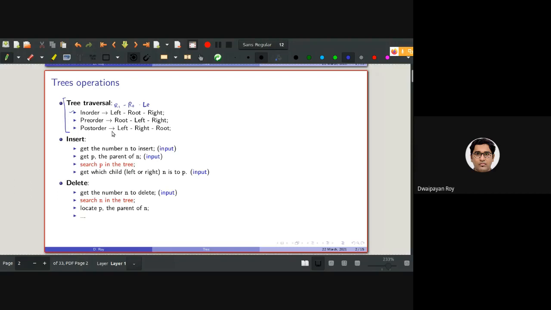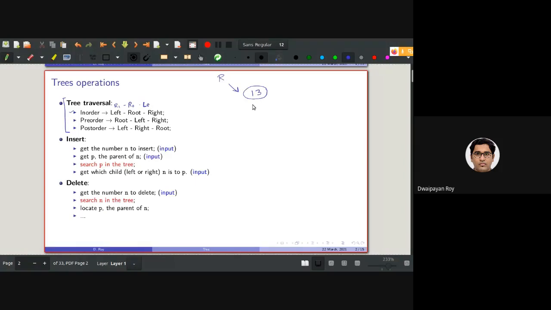So let's say I want to insert 13 in the tree. Initially, as there is no existing node in the tree, 13 will be the root.